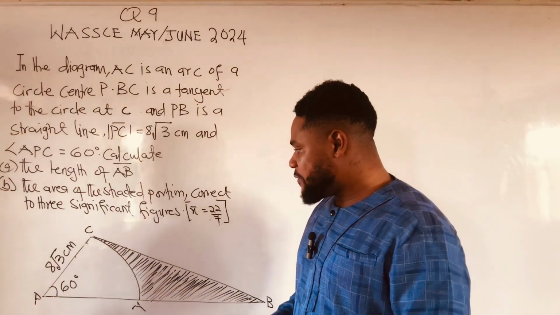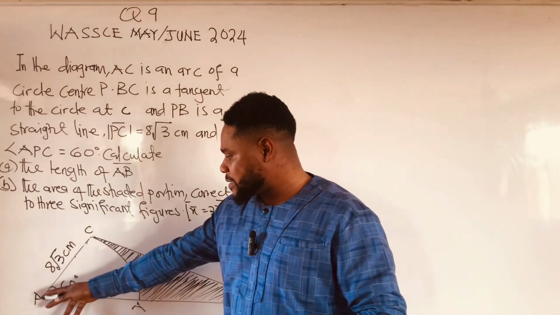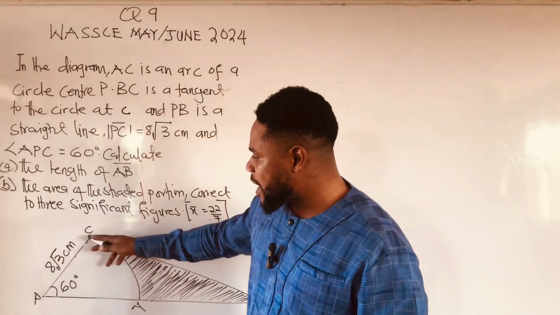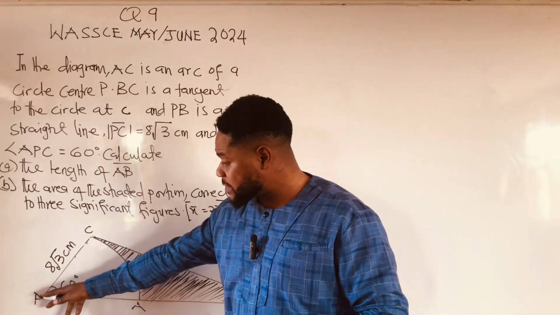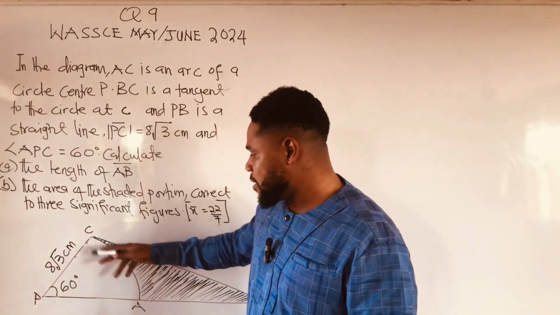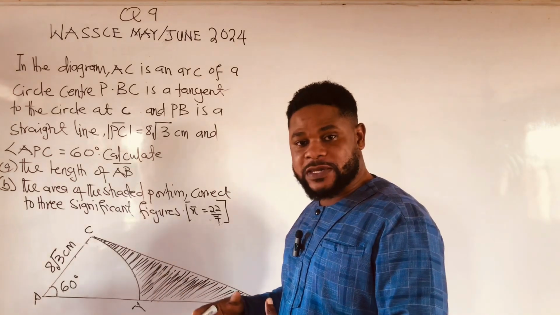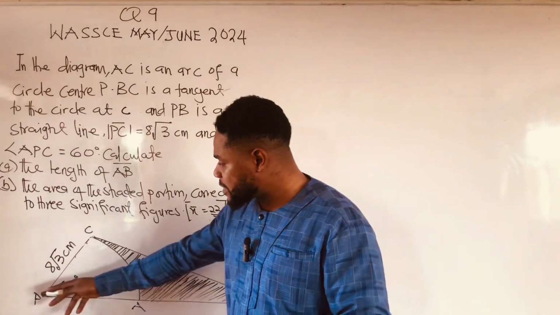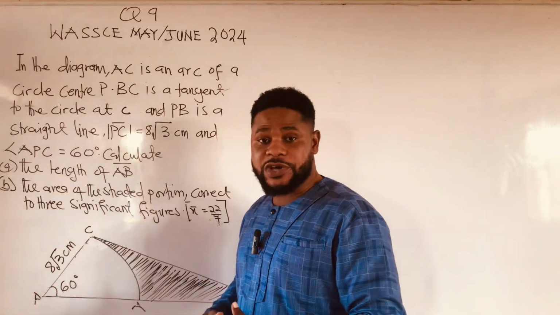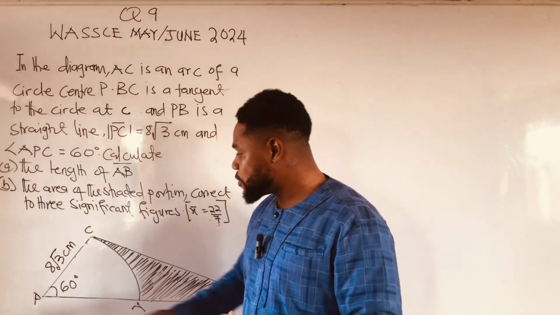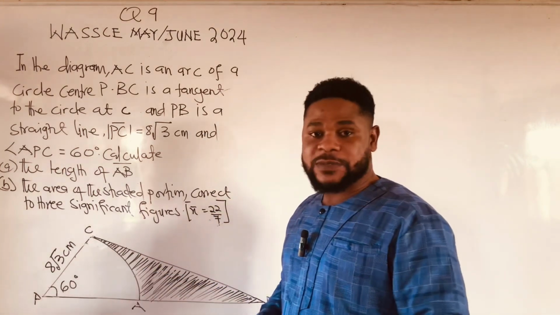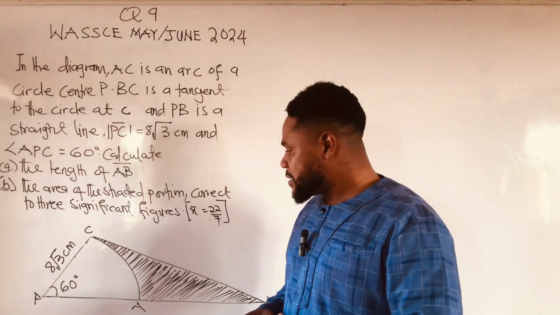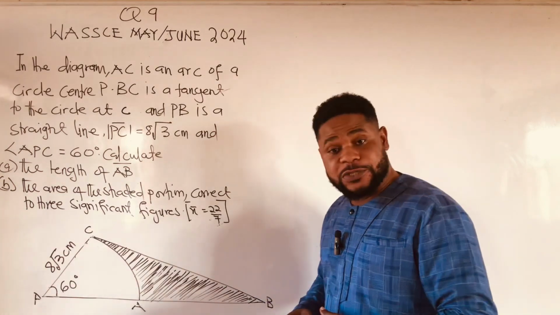And anytime you have a circle where you have a center and you have an arc, any line from the center to meet the arc or to meet any part of the circumference becomes a radius. Therefore, we can say that PC is the radius of the circle, and also PA becomes the radius of the circle. Now, we also have been told that